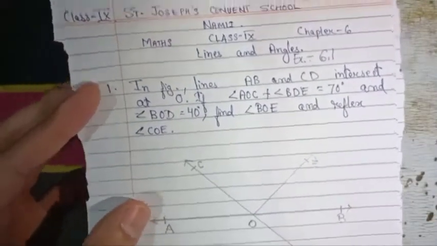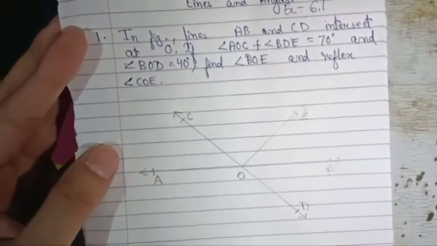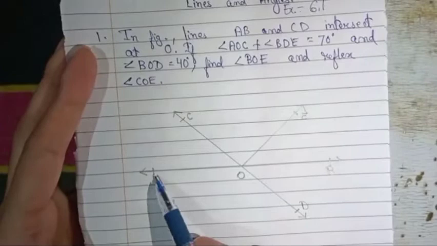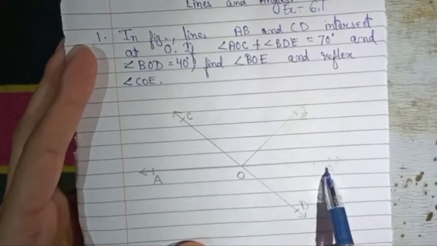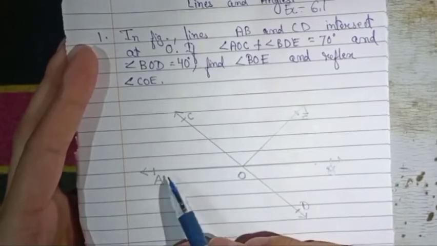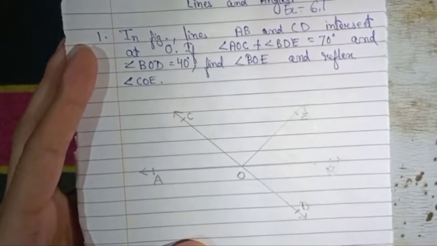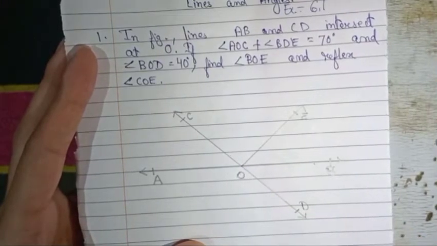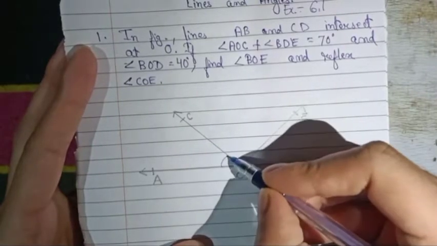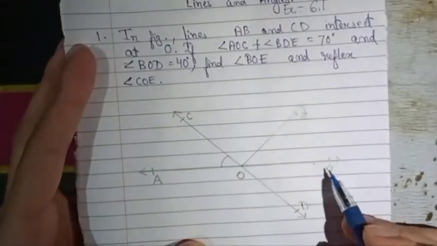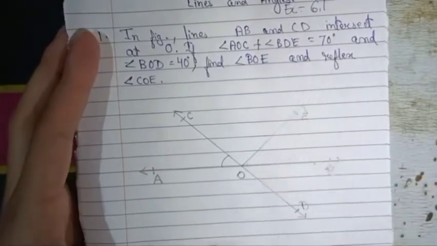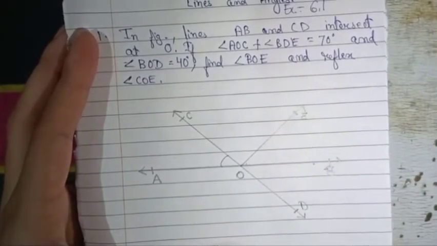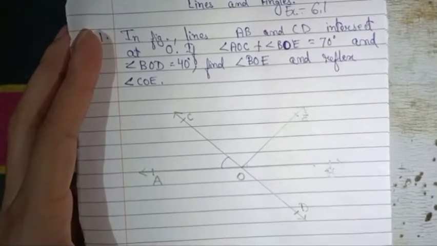First question. In the figure, lines AB and CD intersect at point O. Line segments AB and CD are there, and they intersect at a point O. If angle AOC plus angle BOE equals 70 degrees, that means this angle AOC and angle BOE,